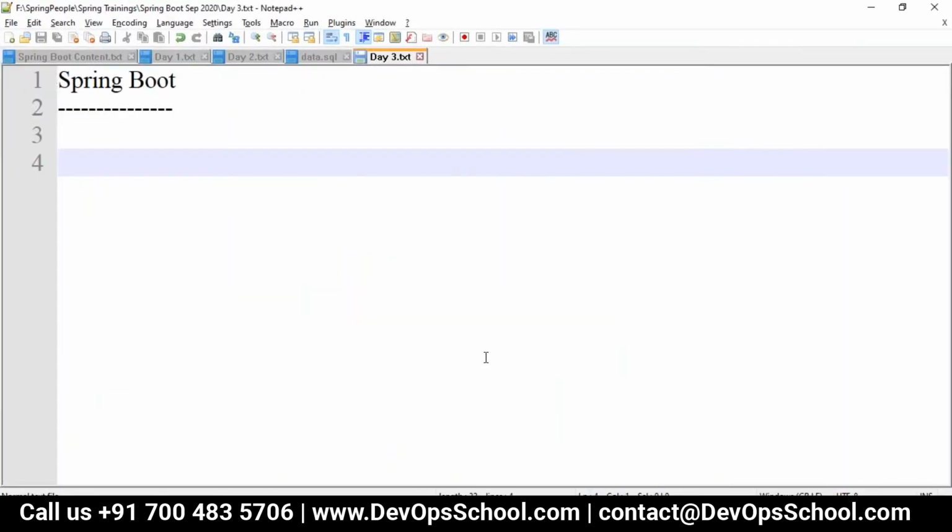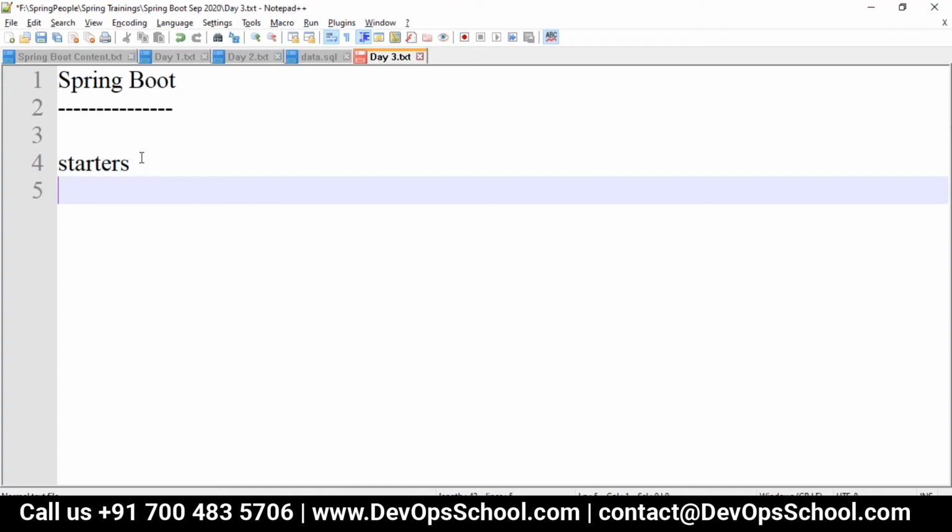Basically, Spring Boot provides a number of starters that allow us to add the jars in the classpath. It has built-in starters to make development easier and rapid. These are dependency descriptors.